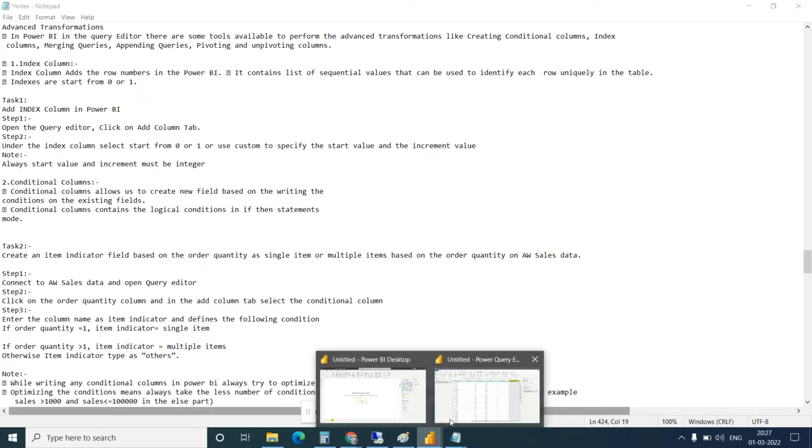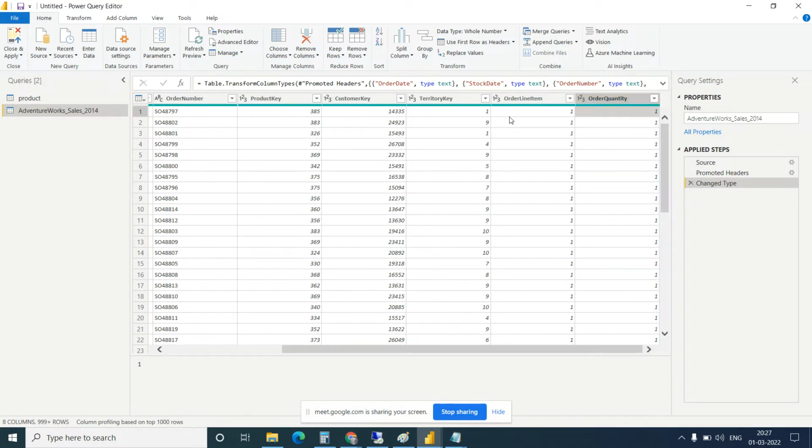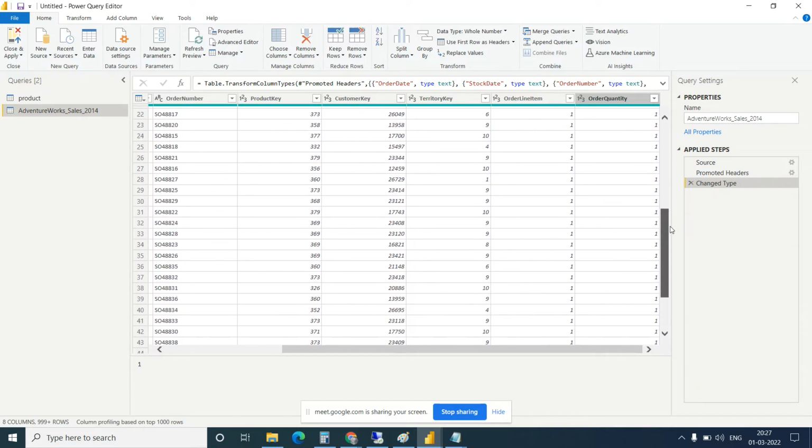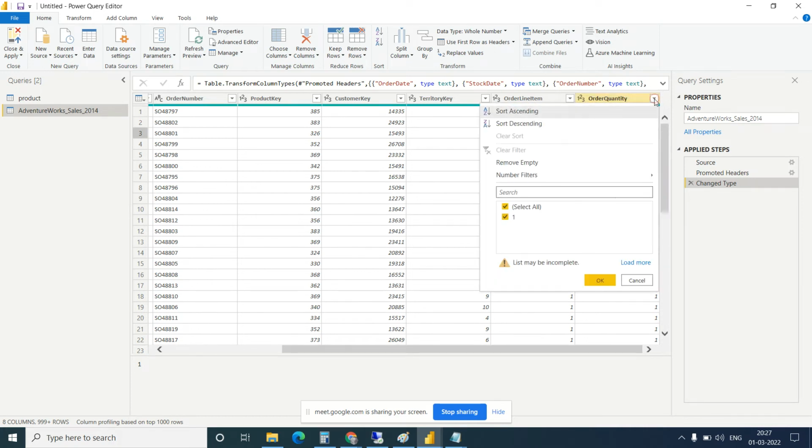So how to create? In this column order quantity, if you see this, there is one quantity for this product. There is one quantity for this product. Okay, one quantity. There are some of the product orders which have an order of more than one quantity. So if you filter, you will see this.